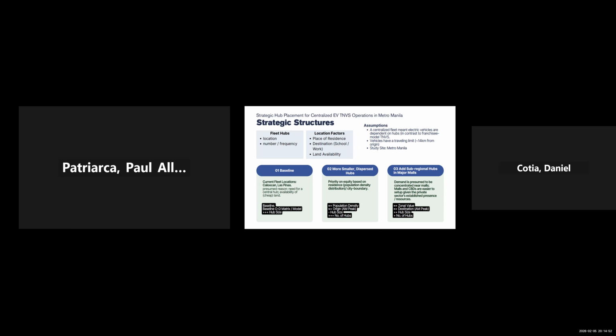For the third scenario, what if we just add fewer sub-regional hubs in major malls or CBDs. So demand is presumed to be concentrated near malls. Malls and CBDs are easier to set up given the private sector's established presence. That is perhaps a motivating factor for them to actually invite Green GSM to set up hubs in their respective malls.